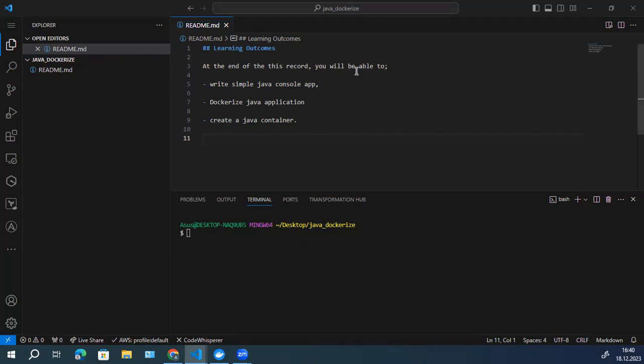At the end of today's session, we are going to learn how to create a simple Java console application, how to Dockerize it, and after Dockerizing it, we are going to create our Java container. And on top of that container, we are going to run a hello world process. So let's create our basic